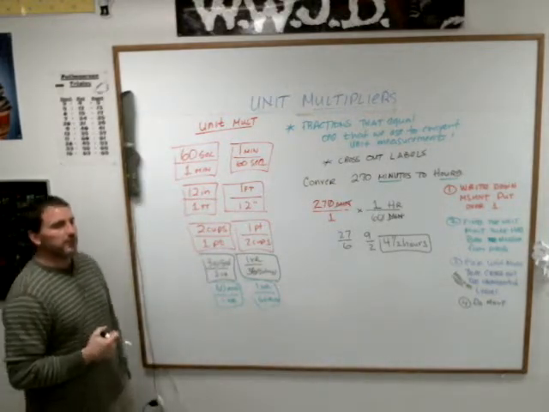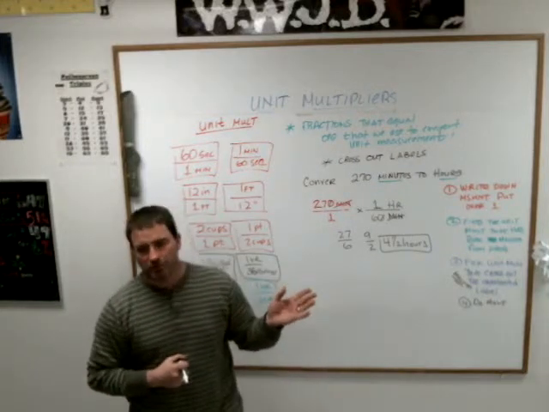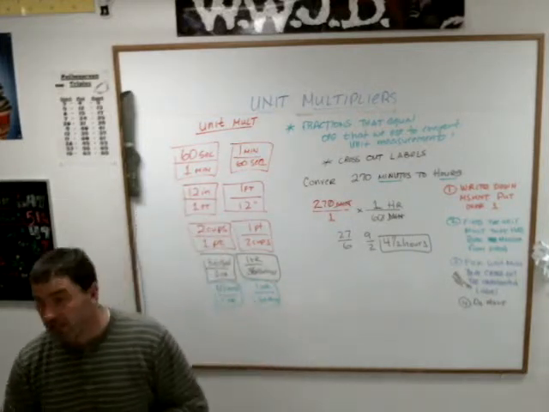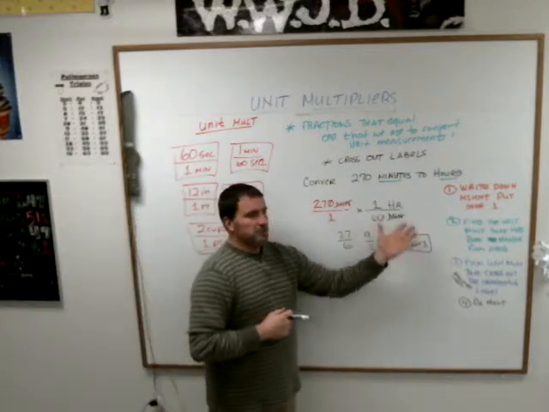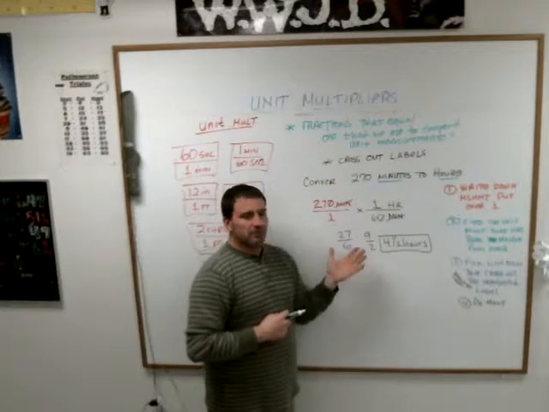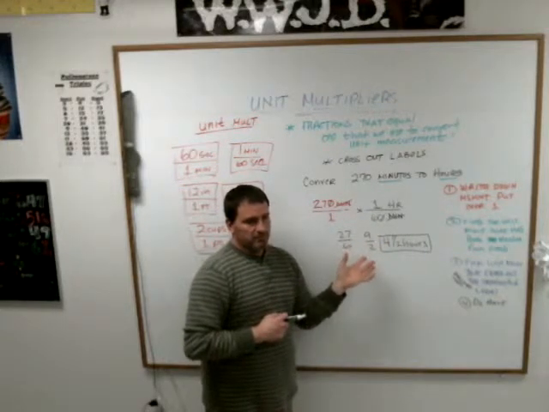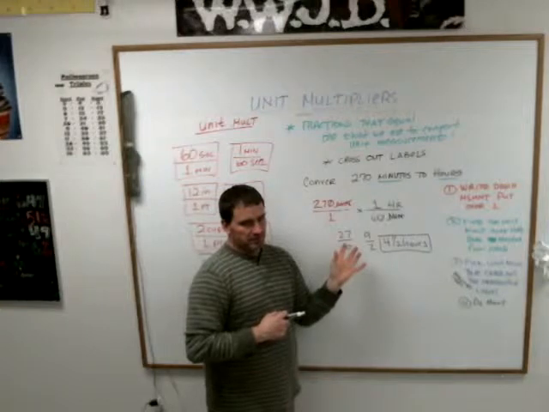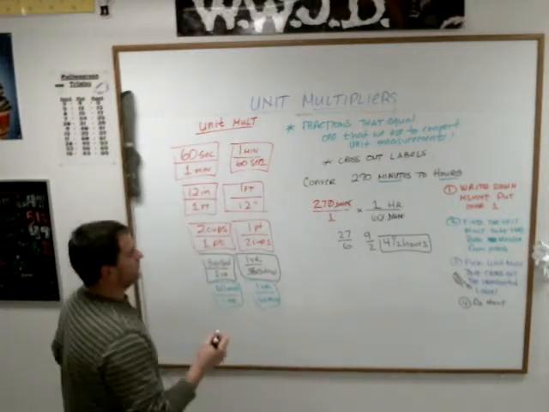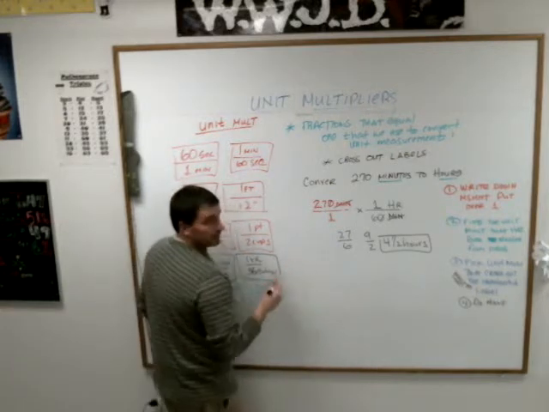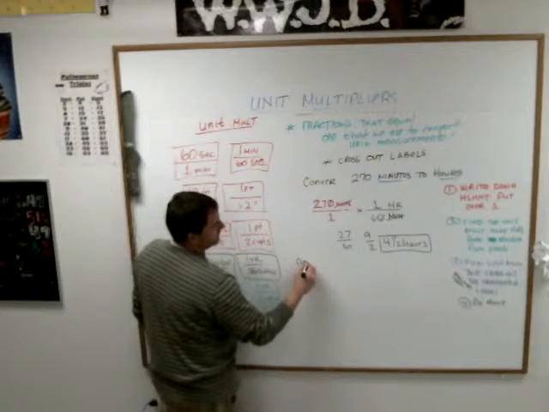But that's unit multipliers. And you're going to say, yeah, I could have done that on my own without unit multipliers. And I'm going to say, yes, you probably can. But the concept here, this little thing that we talk about, crossing out labels, when it gets to hard problems, it's going to be a piece of cake if you just understand this. For example, let's do this. How much time do we have left? If I asked you to convert